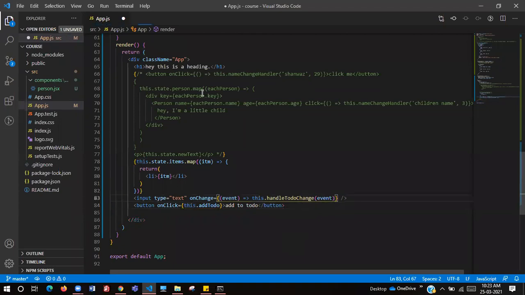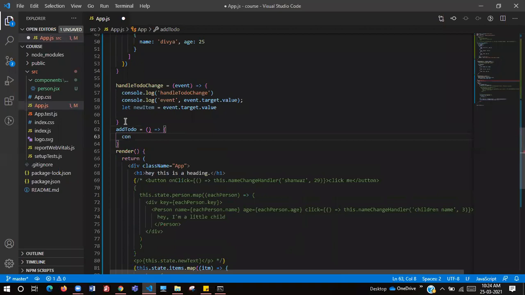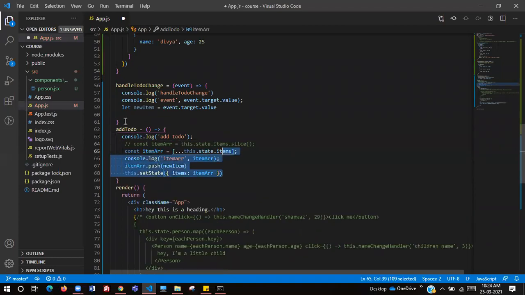Right. handleToDoChange and addToDo. Now we take it as an arrow function again. console.log add to do trigger. And now let's just comment this out for now.